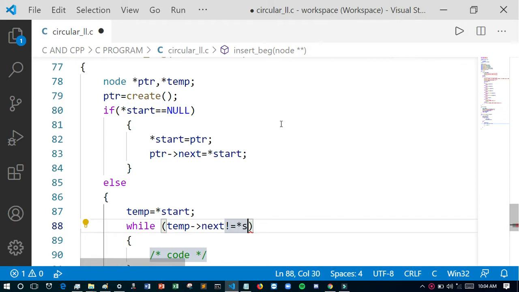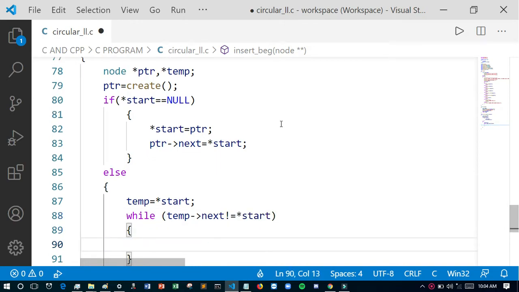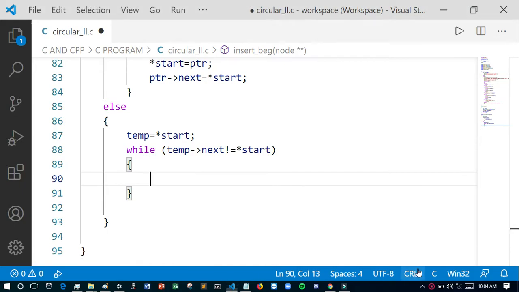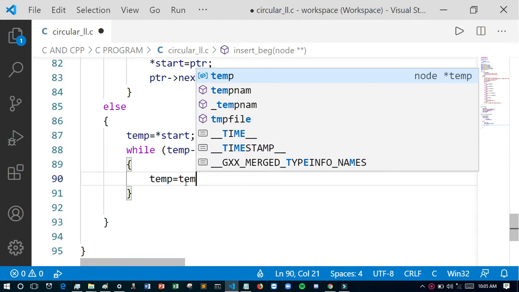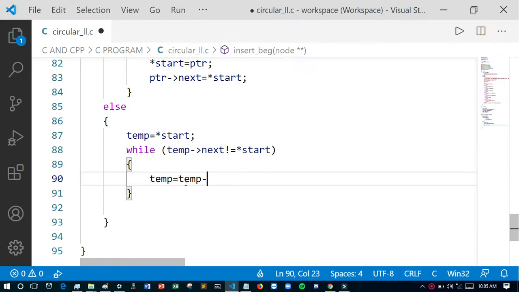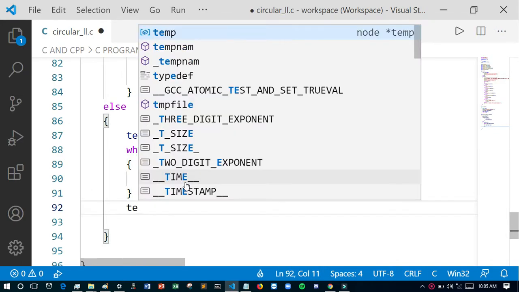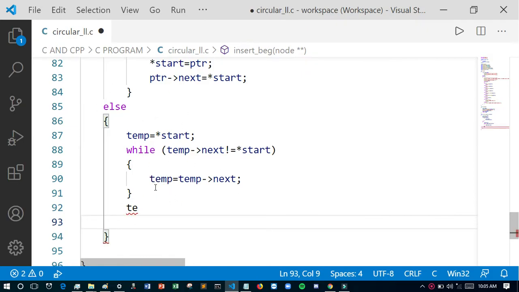Then temp equals temp next, because we have to traverse. After this loop completes, we will get the last node in the temp variable.